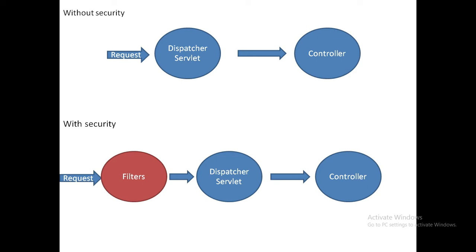Okay, so when the request comes to these filters, you may have a question: how do we decide which kind of filter this request will go to, right? We need not worry about that, as all this configuration is auto configured, meaning it has already been configured by Spring Security. We need not worry about which filter should be called.